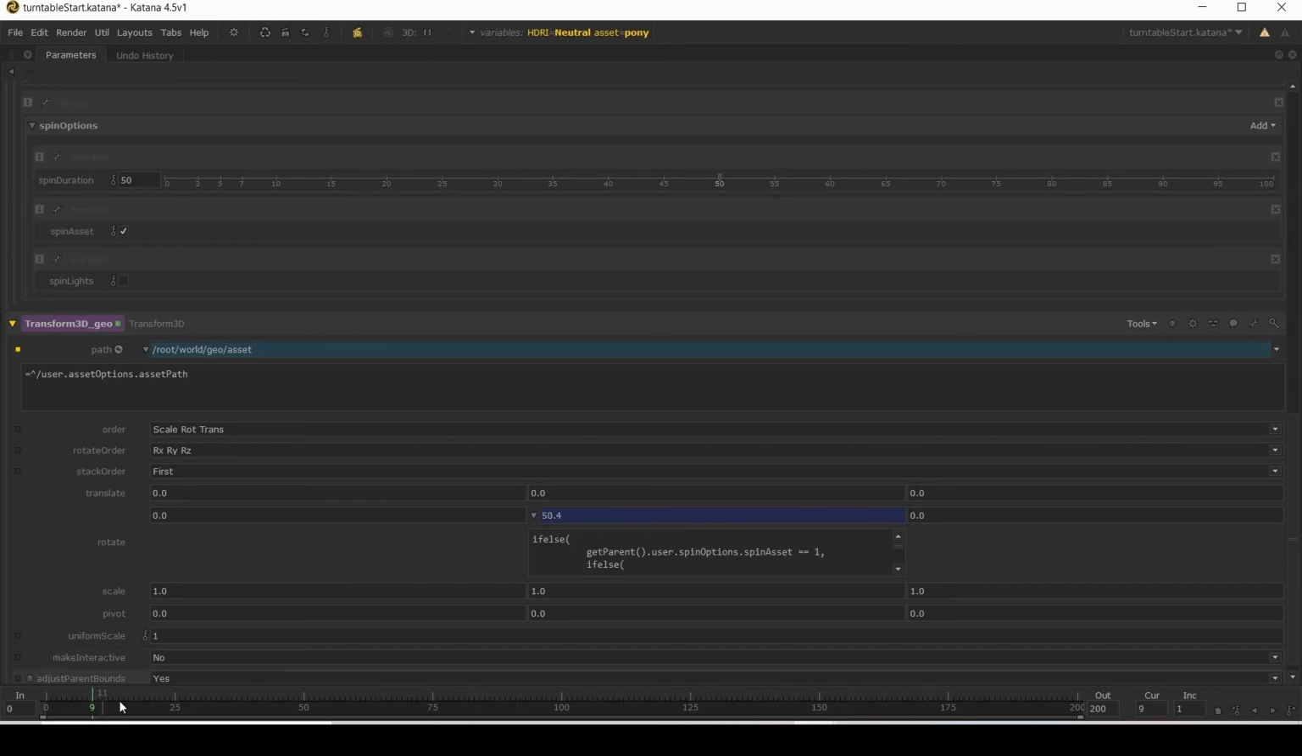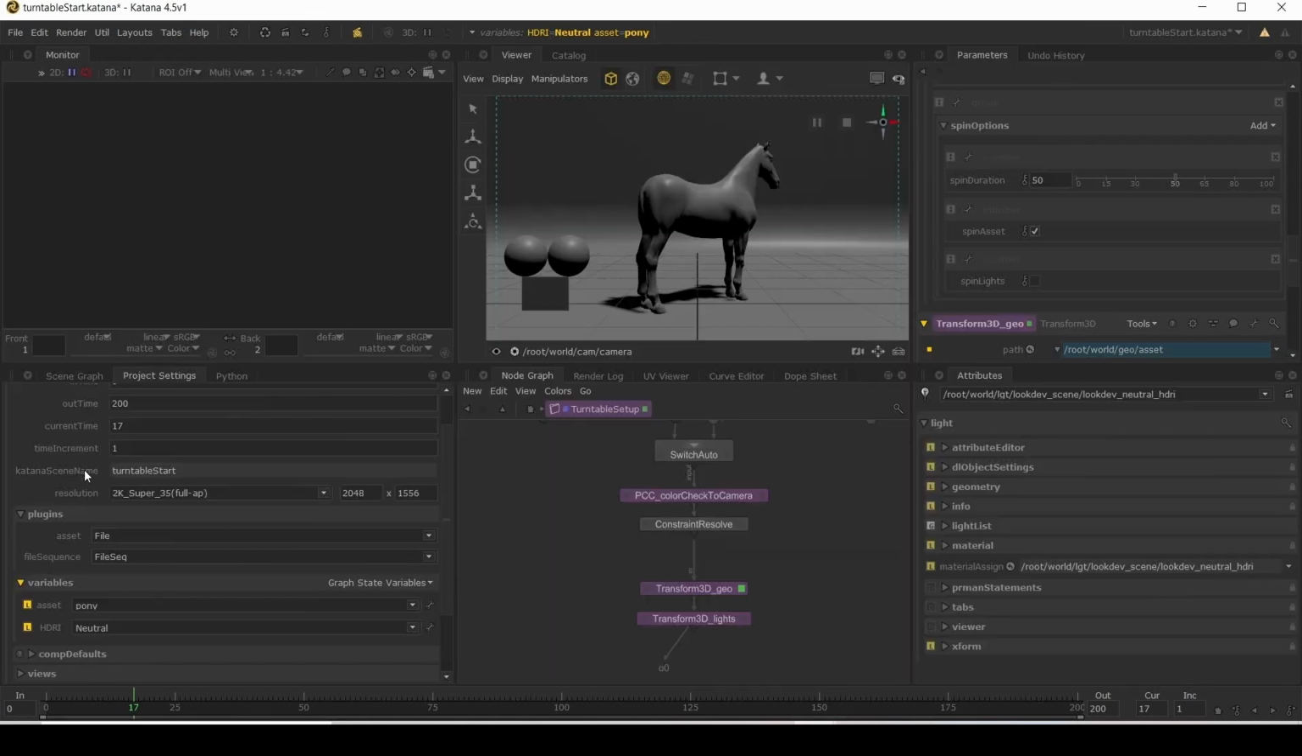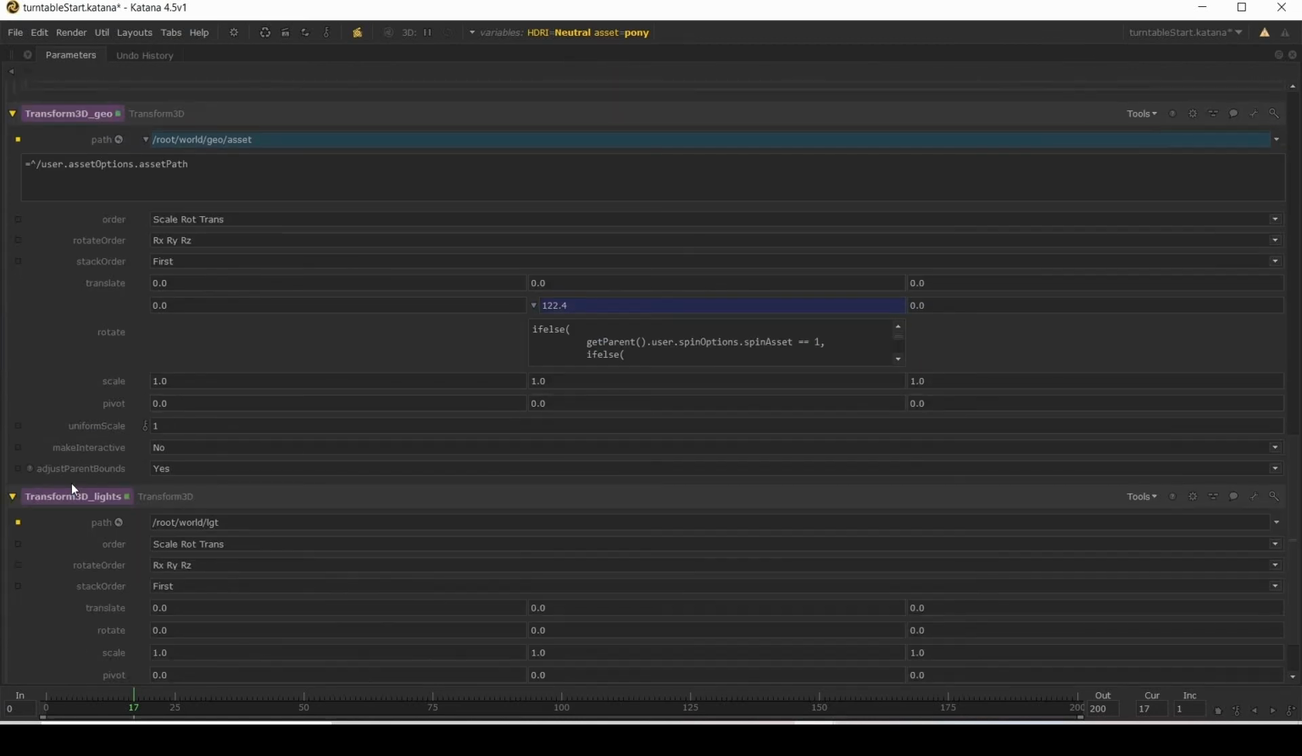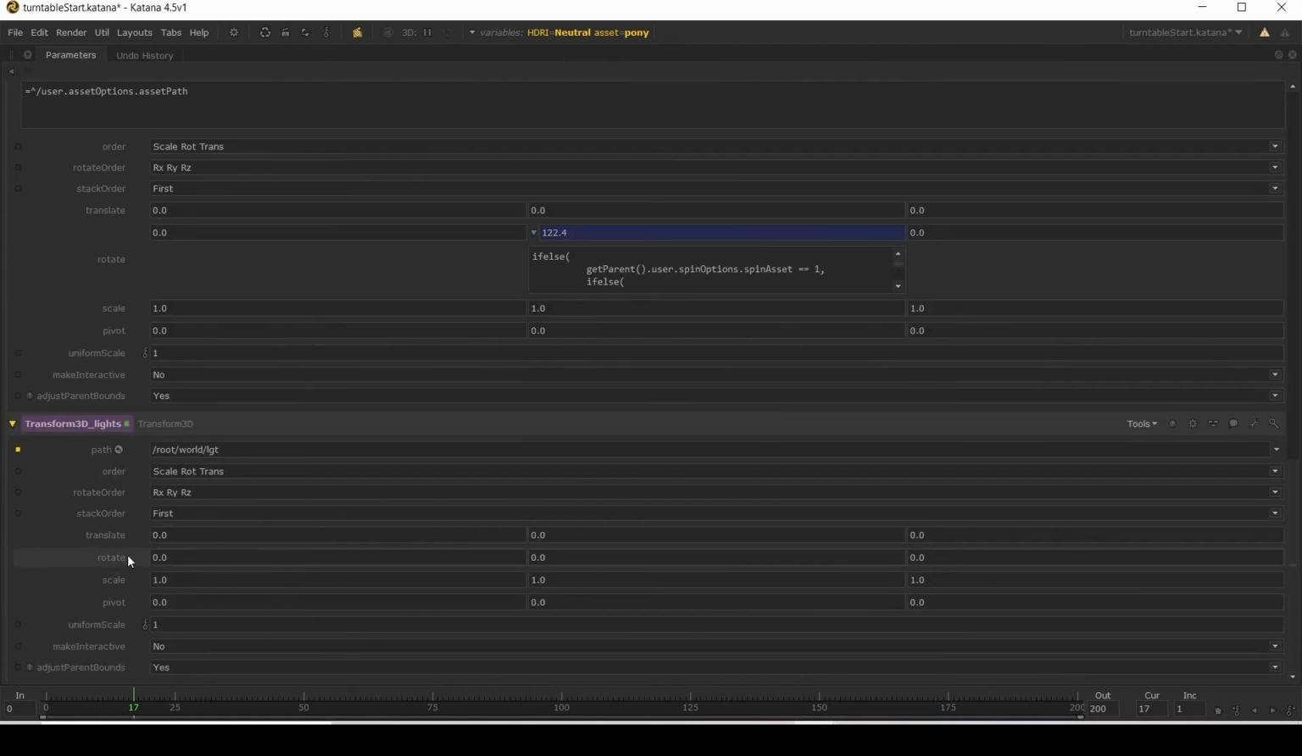Now, as we move this along, we can see this moves. We get up to 50 frames, which is our maximum here, and it stops. We turn this off, and it's just set to 0 and doesn't do anything. Okay, and let's do the same for our geometry, our lights, sorry. Okay, and we're going to do a slightly different one. So,